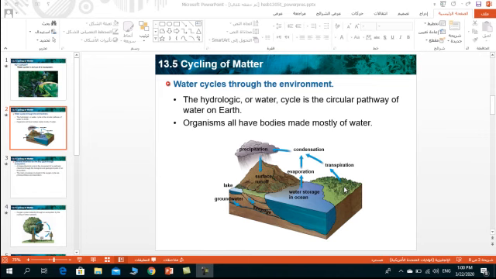Another way for returning water to the atmosphere is through transpiration, which is done by the plant. Through this process, water vapor is released by the plant. Transpiration is the evaporation that occurs from the plant's leaves to the atmosphere. This cycle is completed as water vapor in the atmosphere condenses and forms clouds and returns water to the surface once again in the form of precipitation.